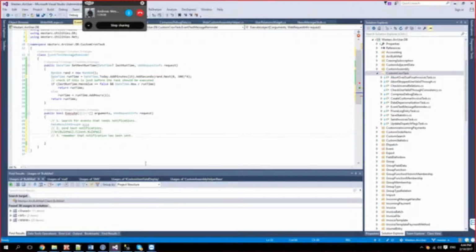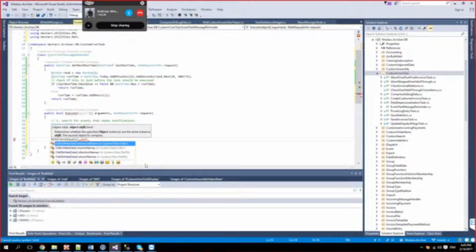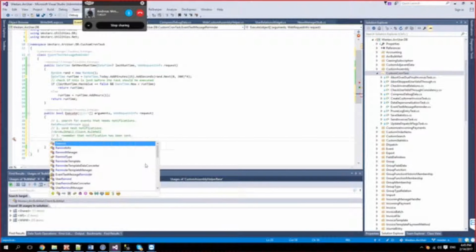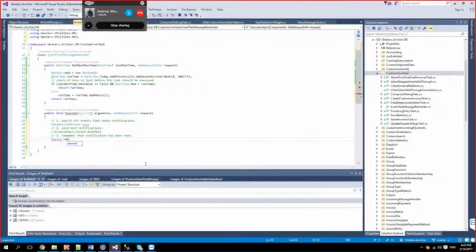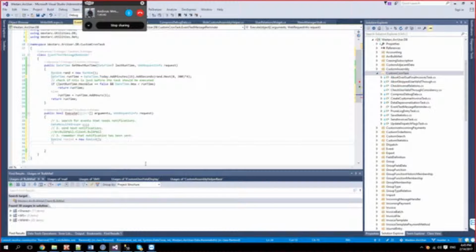The next thing that you need to do is to be able to say that we have sent the recipients the reminder text messages on this event, because we don't want to ping our customers, well, every hour, of course, with a text message. And in order to do that, we have a structure called remind. We can declare a new remind.